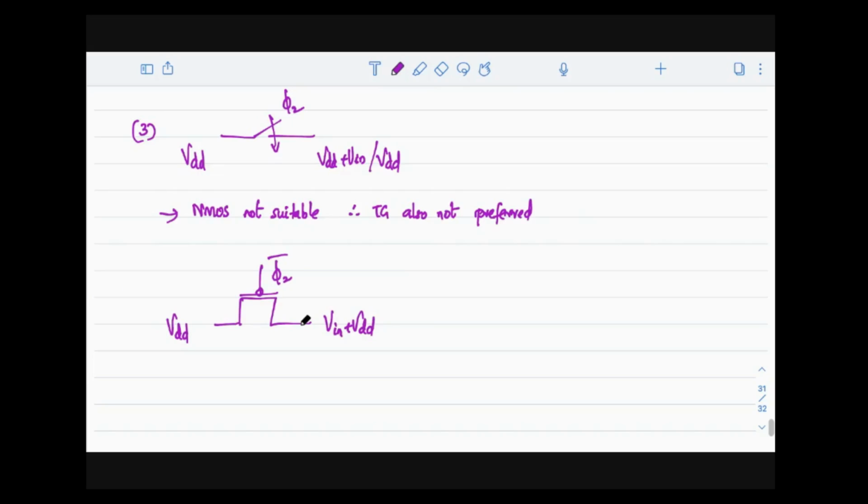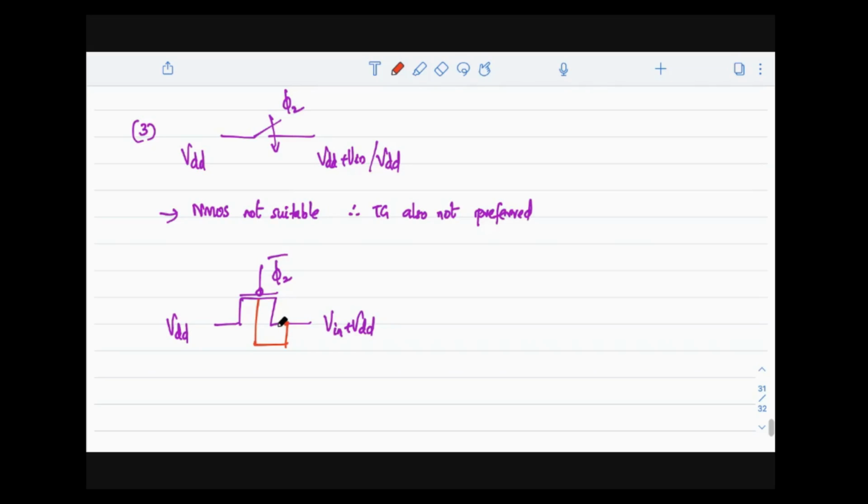Right. Now, again we have to make a choice here for the body, because now it looks okay, because what I have is VDD and Vin plus VDD with the clock of phi2 bar. Now, when I want to make the substrate connection for this MOSFET, based on the previous case, I'll connect this towards the right side, because what I have there is Vin plus VDD, which is larger than VDD. So as per our previous reasoning, it is appropriate to connect the body terminal towards the right.